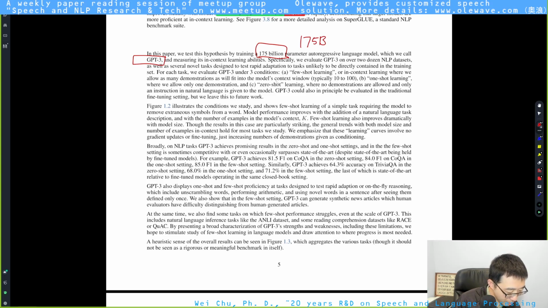And don't forget that it's autoregressive. It always goes from left to right. So given a history of n words, what's the next word? It's not from right to left.